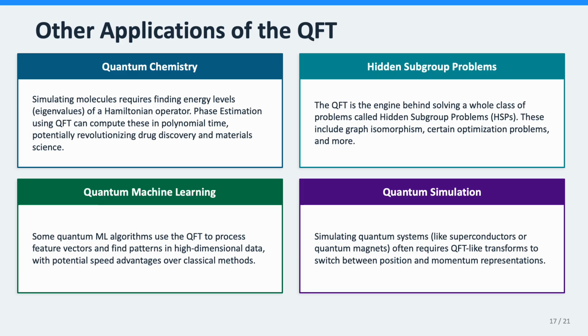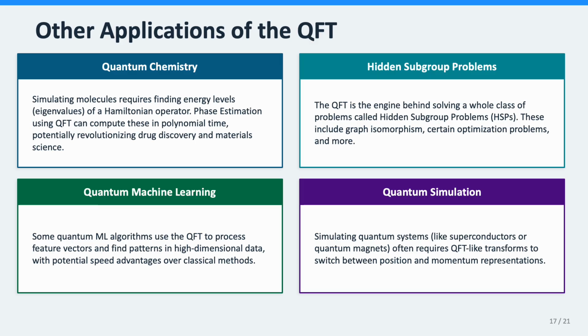The QFT also plays a central role in solving a whole family of problems called hidden subgroup problems. The idea is that some mathematical structure, a repeating pattern or symmetry, is hidden inside a function and you want to find it. The classical Fourier transform is actually the solution to a simpler version of this problem involving ordinary arithmetic, and the QFT generalizes this to the quantum world. Some problems in graph theory and cryptography belong to this family and could potentially be solved faster with quantum algorithms